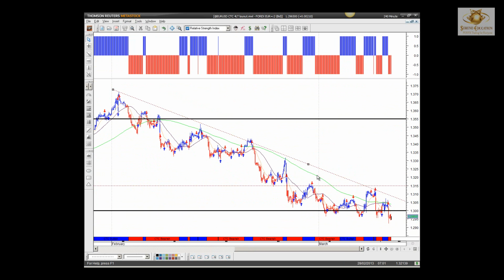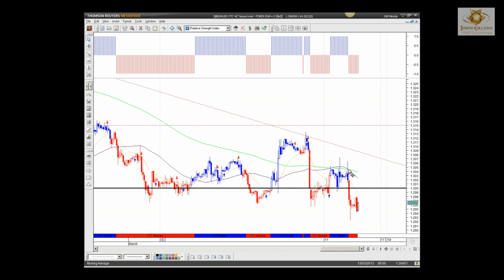The institution moving average, the green line, is very much still above price, as well as near term. You can see the breakout yesterday and the consolidation. At 5 o'clock this morning GMT, we had a break lower. However, you can see price is pulling back quite sharply. A lot of speculative trading this morning at the open on the European session. As long as it maintains below 1.3300 throughout the day, we'd like to see a nice movement to the downside going in towards the end of this week, so that for the new week next week,